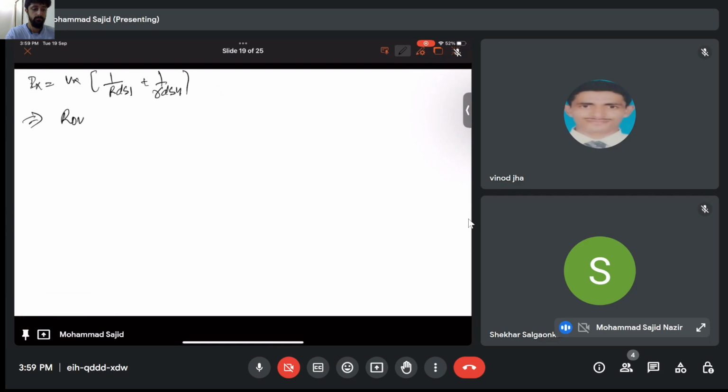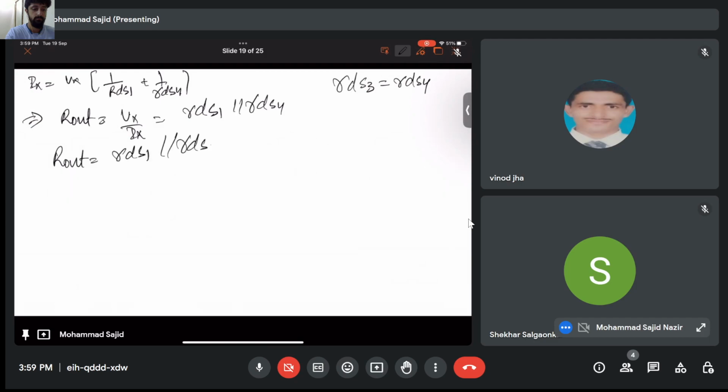So R out is actually Vx by Ix, and that is equal to RDS1 parallel to RDS4. Or actually RDS3, we substituted it equivalent to RDS4. So R out is RDS1 parallel to RDS4. So whenever you get a circuit like this,